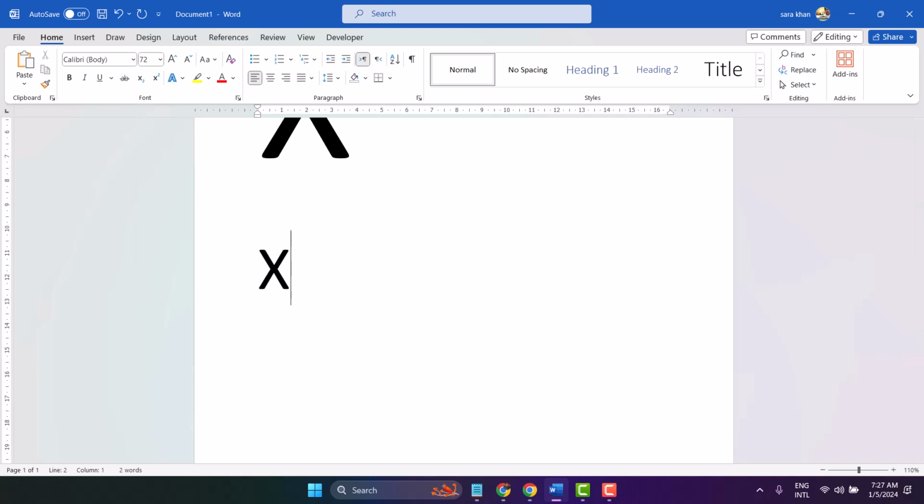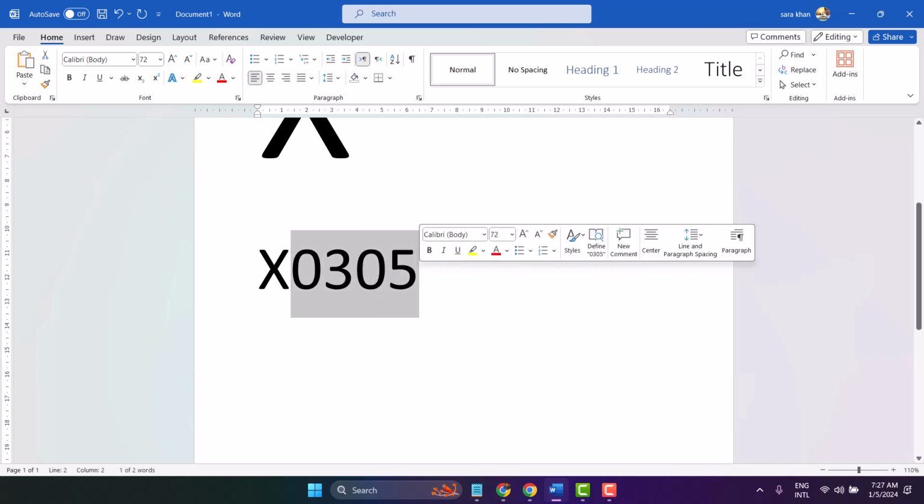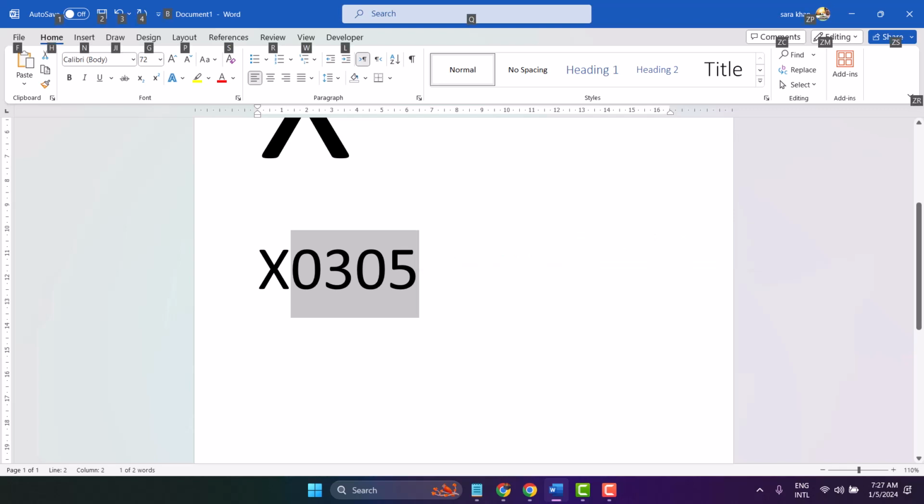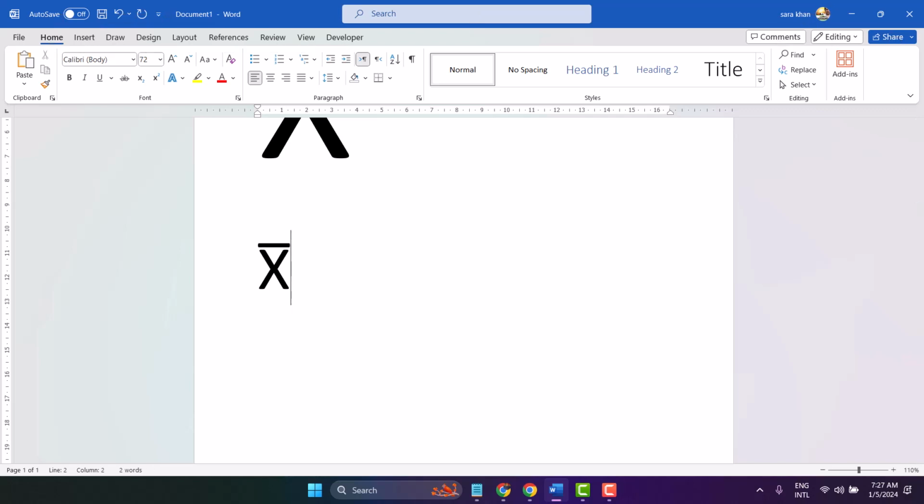type here X, now 0305, select 0305, now press Alt plus X, so Alt key and X. So using this shortcut you can type X bar,